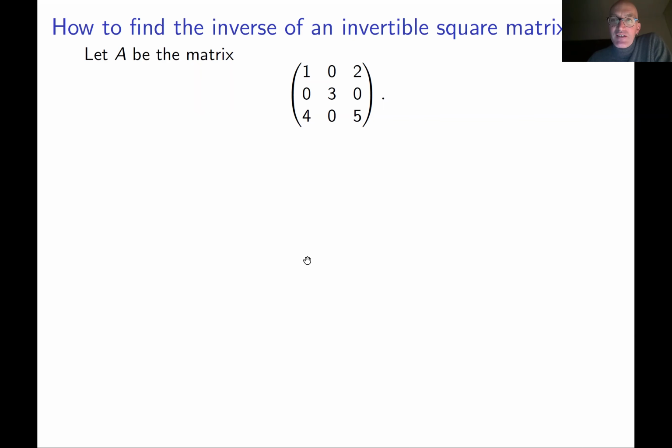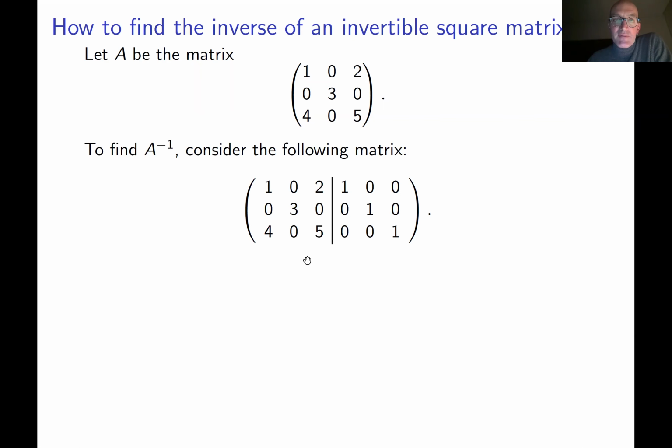Let me just basically show you how to do this, and you will see. So first, you consider this strange looking matrix. You put your original matrix here, and on the right-hand side, you put the identity matrix. And you separate them by a vertical bar, so you don't forget that your original matrix is this one. And then what you do, you start performing elementary row operations on this matrix, trying to put your matrix A into the reduced row echelon form.